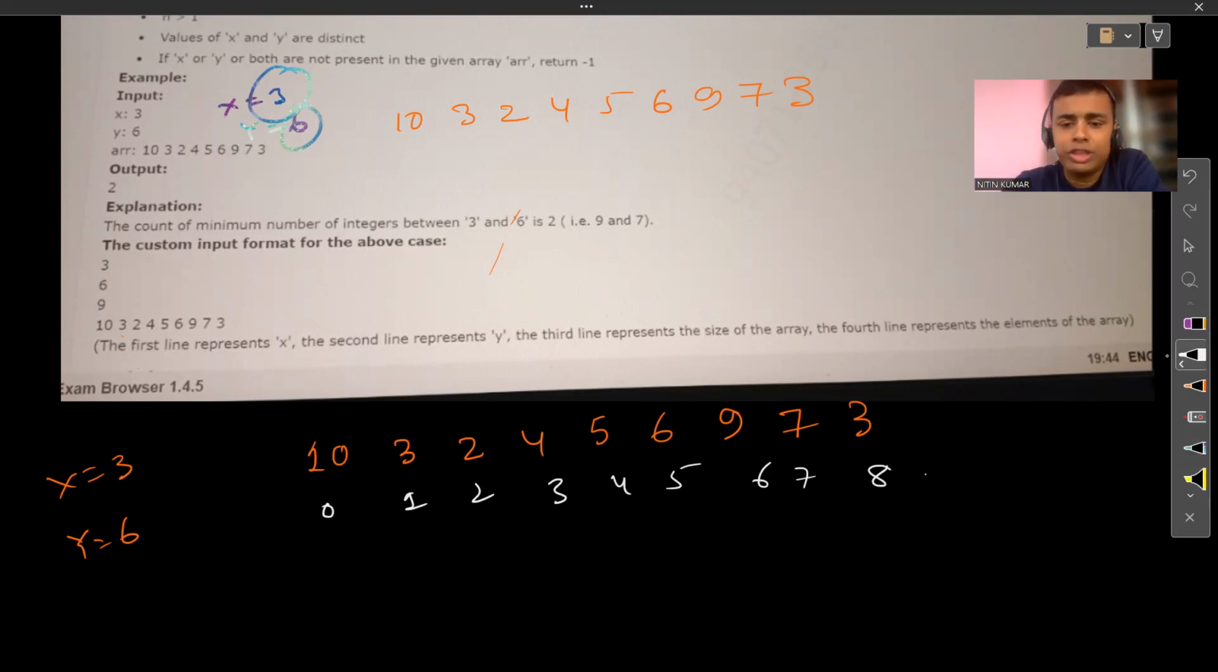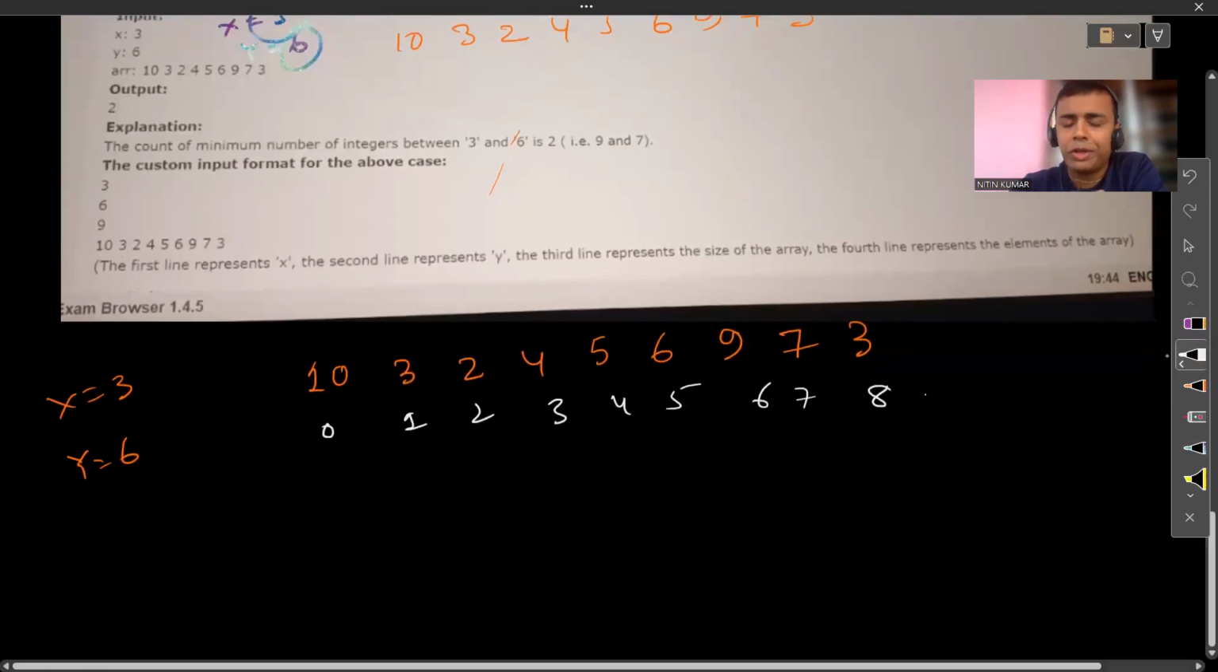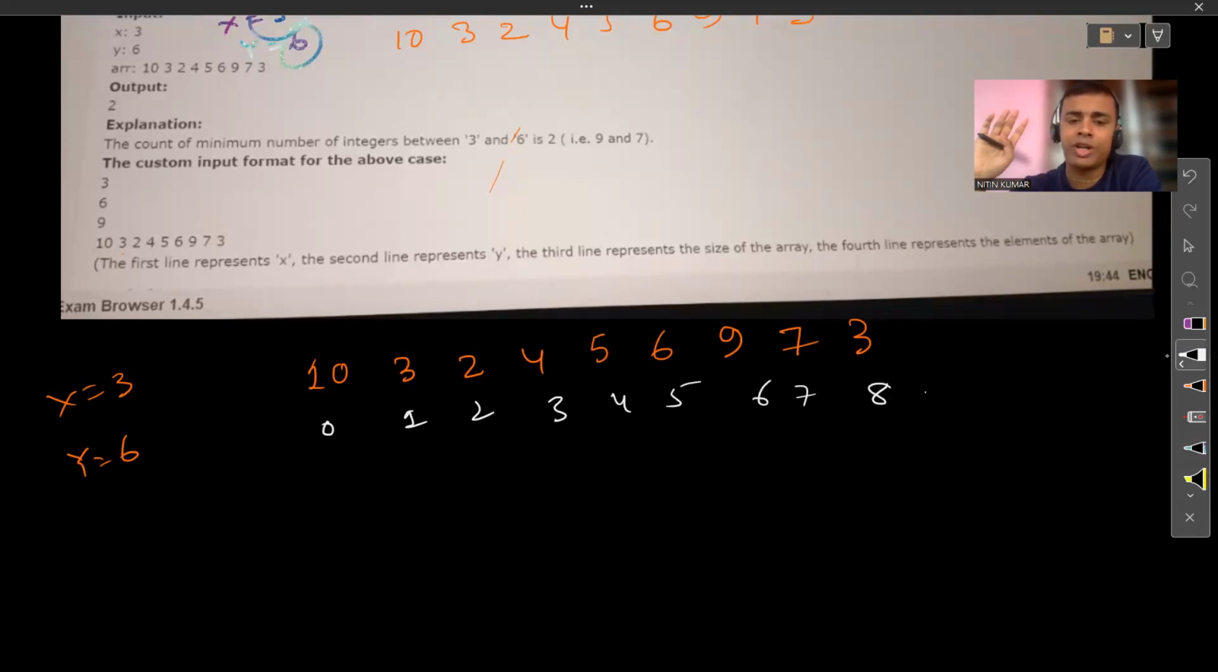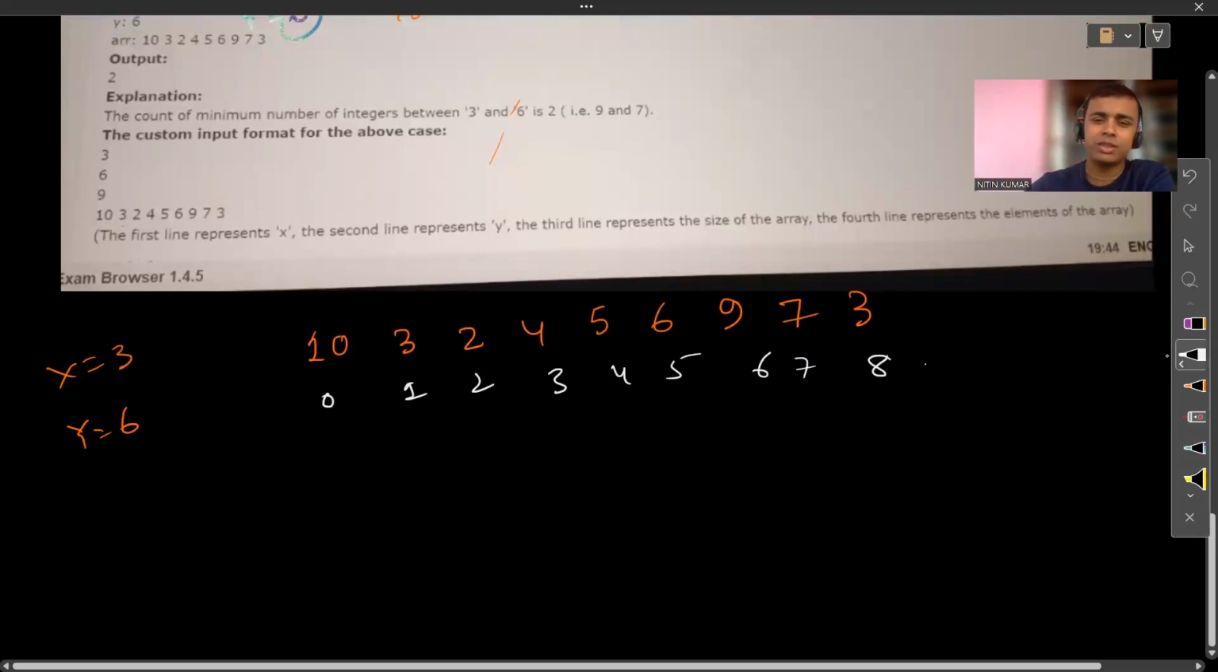Now, how do you actually solve this problem? First we are going to discuss the brute force way. Then we will try to optimize it. But first, try to learn the brute force way, that is, how you think when you see the problem first, that you have to